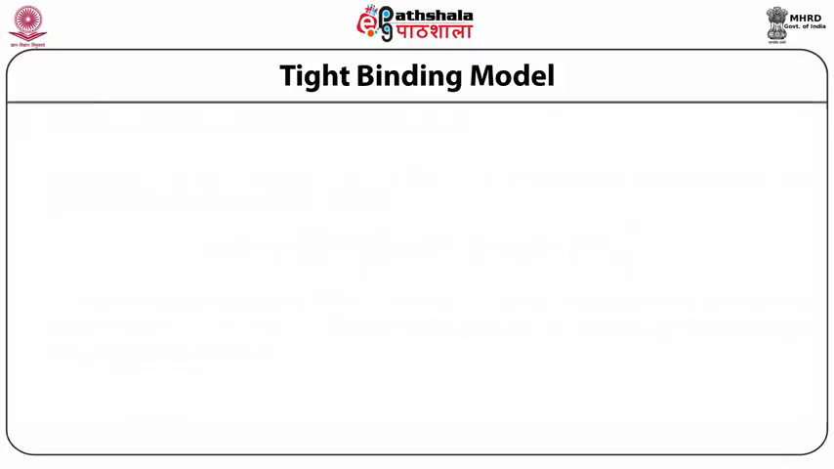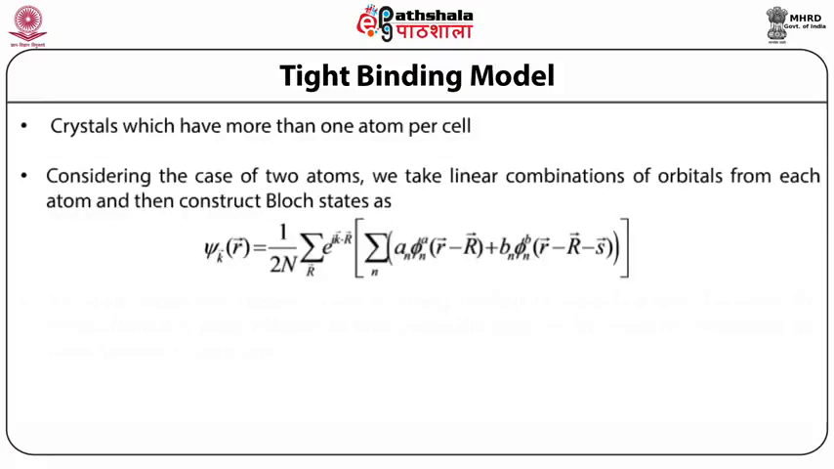Lattice with basis. Next we consider crystals which have more than one atom per cell. First consider the case of two atoms. The above analysis suggests that we take linear combinations of orbitals from each atom and then construct Bloch states in a similar manner. So psi k is equal to 1 by root 2n summation over the vector r e raised to power i k dot r,